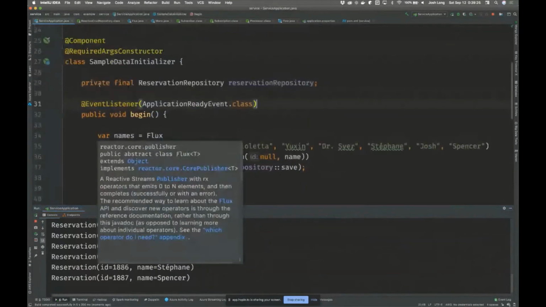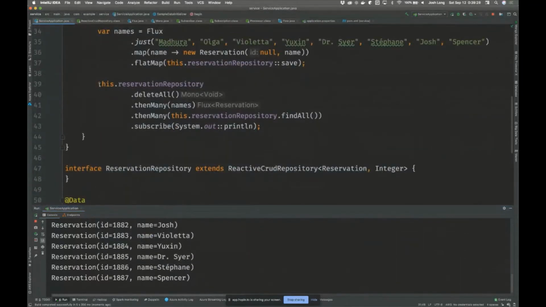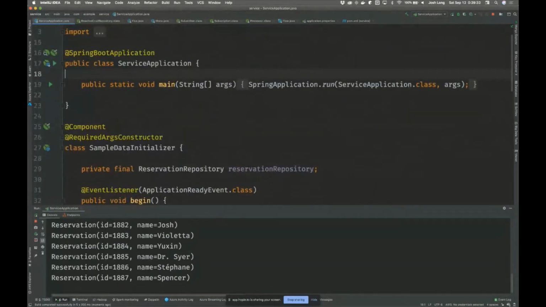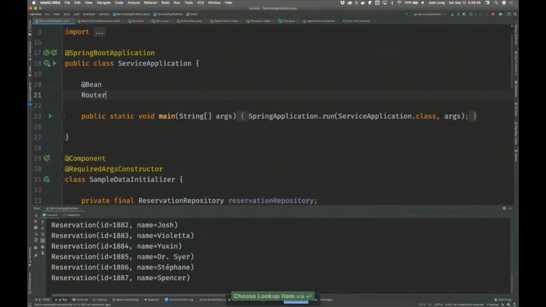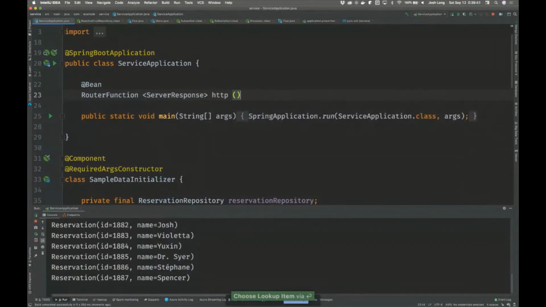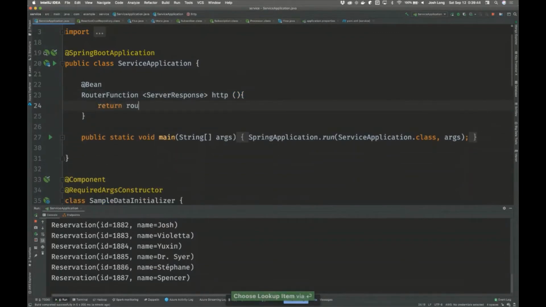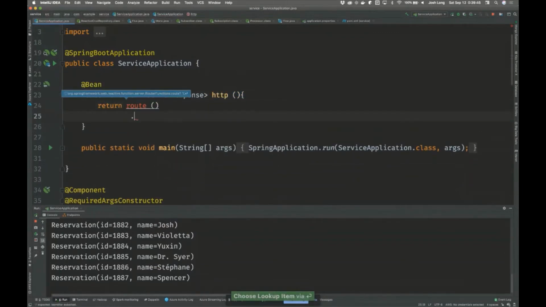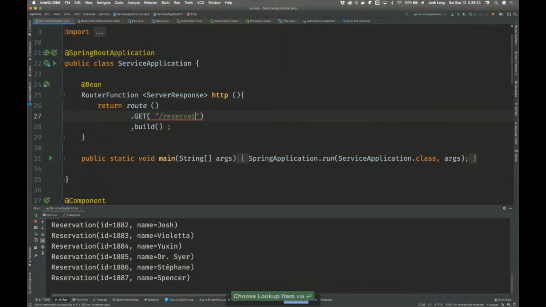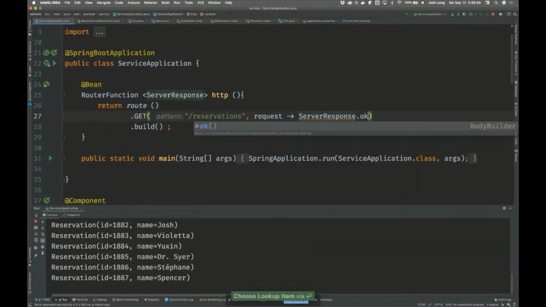Now, what I want to do is build an HTTP endpoint, and this is easy. I could build a REST controller, or I could use the functional reactive style. So I could say router function, server response, like so, HTTP, build .get /reservations request server response .ok .body.